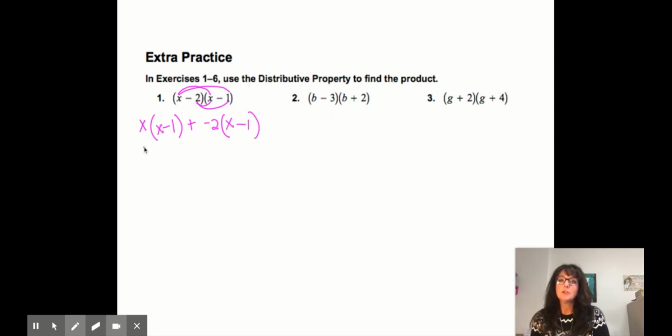All right, so we get x squared minus x, and then I'm just going to ignore this, but I know that I'm adding, but it's negative 2 times x, so that's a negative 2x, and a negative 2 times negative 1 is a positive 2. The like terms are right here in the middle, so x squared minus 3x plus 2,